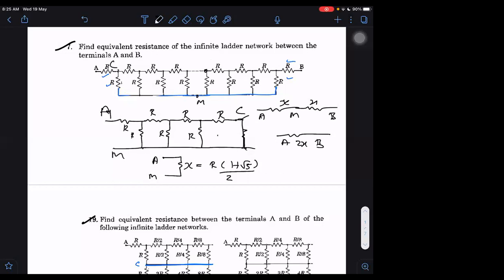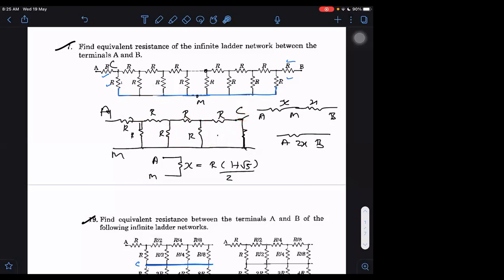The reason is we know the current gets divided every time. If the current gets divided every time, then don't you think the current will keep on becoming diminishingly small, so that at last there will be no current going to this side? Current will finally be going to this side only. Every time some current goes to this side and the remaining goes to this side, then again some goes to this side and the remaining goes to this side. So current has more tendency to go directly towards the short circuit as compared to going to that side. After every step, the current going to this side will become almost zero, so current will be mainly going to this side only.